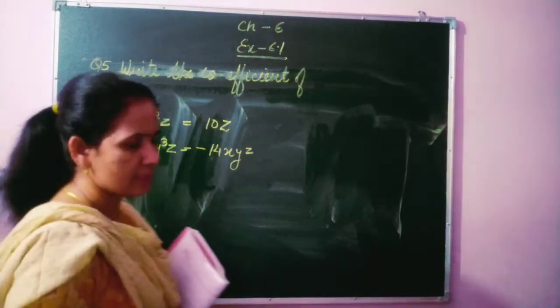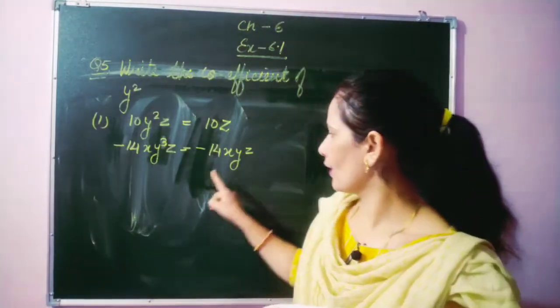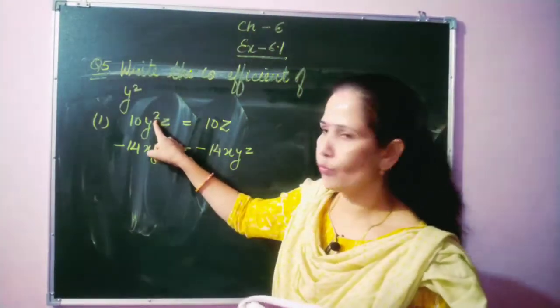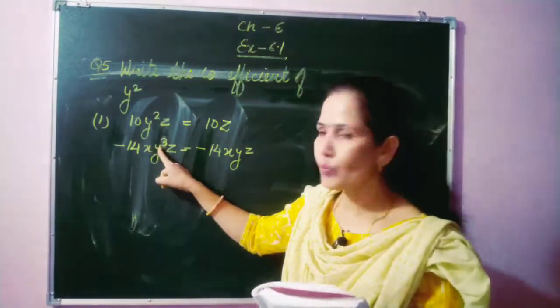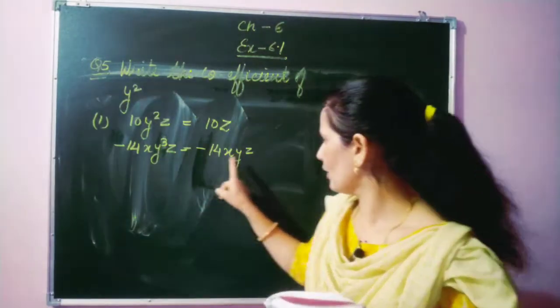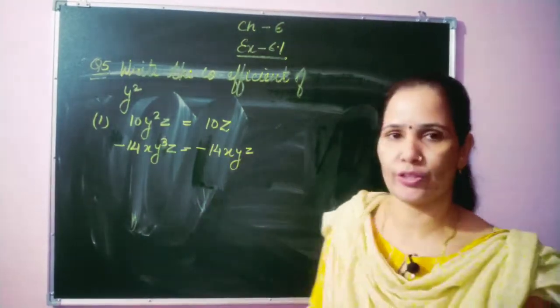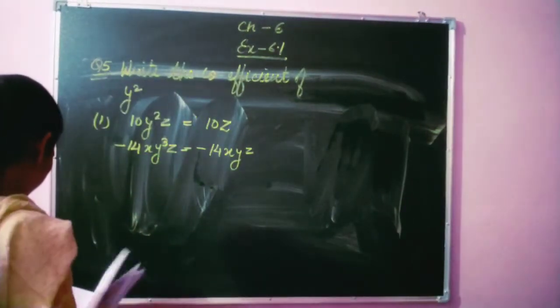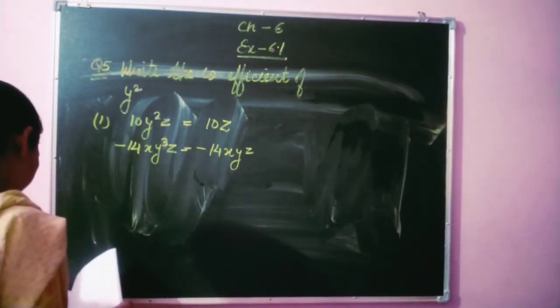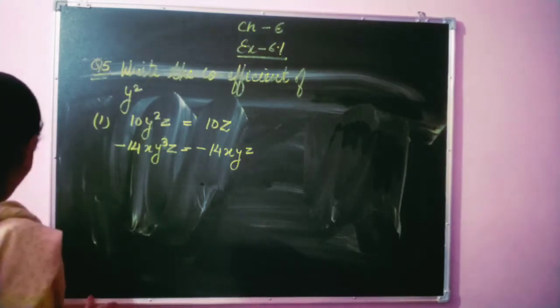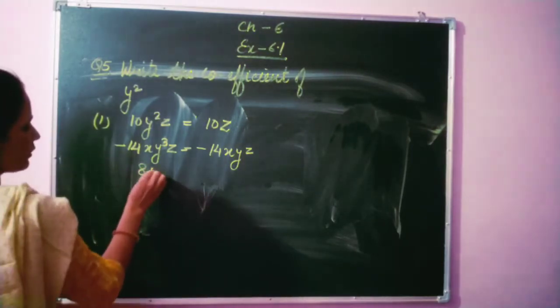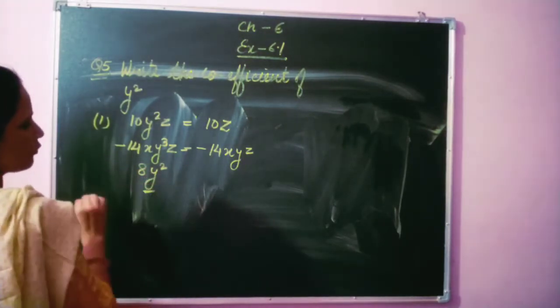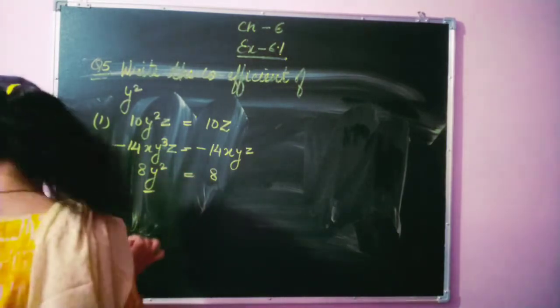Now the question arises, why have I written y here? Because they ask only for y square. But here y cube is given, 1 y is extra, so that is also included in the coefficient. Okay. Then the next one is 8 y square. So here we have to write the coefficient of y square. So its coefficient is 8.